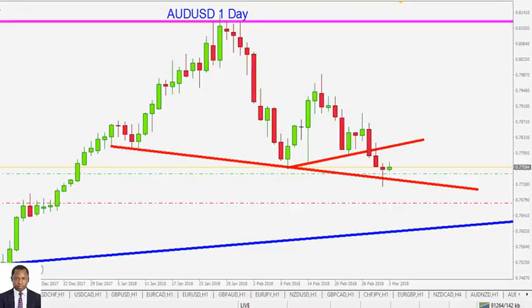Remember, in one of our previous analyses we talked about that area as support. In fact, we took a trade here, cashed out 50% of profit somewhere there, and the remaining 50% was hit at break even. This level was acting as what? Support. So the next time price makes a push to that point, it should find it as resistance, and this is where we are going to close the Australian dollar against the American dollar trade out completely. So let's give it today and see what's going to happen. I believe price will make a push to that area.